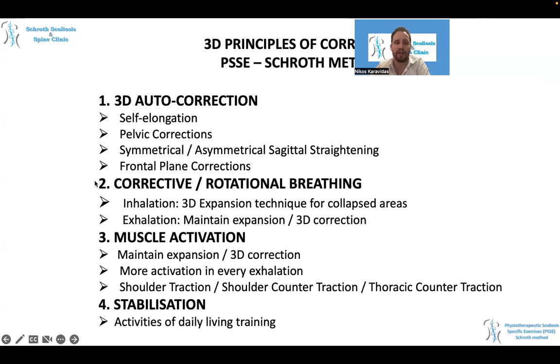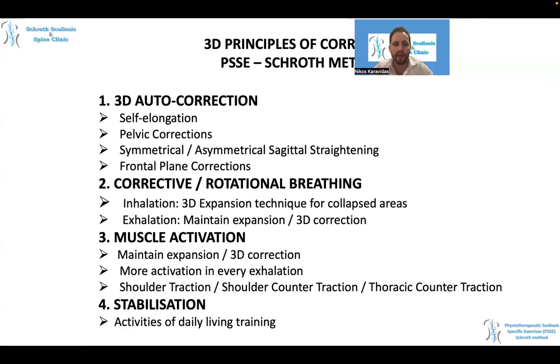The second principle of correction is the corrective or rotational breathing. So during inhalation, we need to expand the collapsed areas in 3 dimensions. And during exhalation, we need to keep the expansion and the 3D correction, not allowing the patient to go back to the scoliotic position. And of course, we need muscle activation, which comes from the stabilization of the expansion during exhalation. And in every exhalation, we have more activation. So we have many different ways to increase the activation with or without